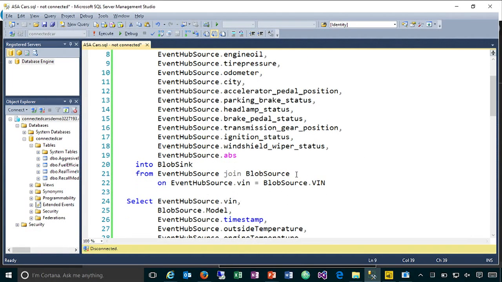The key thing here is we've got our blob source, this reference data, being joined to our Event Hub source, so the real-time data stream that is coming in, and we're dropping this out into that Azure Blob Store output or destination. So we've got one select statement. It's defining a query on top of the data. Notice that there is no aggregation going on here, so we're simply doing a join, dropping it out into that